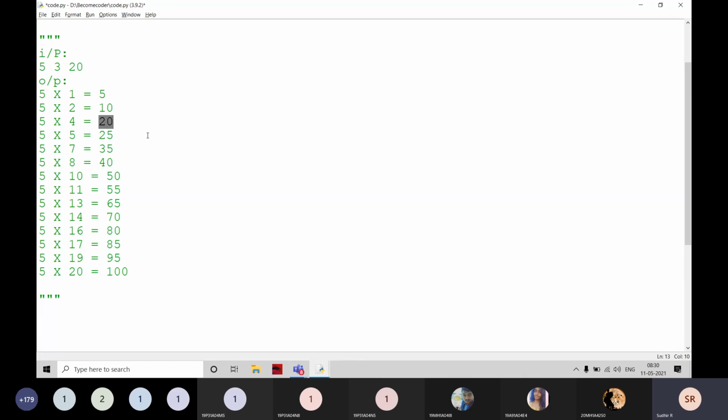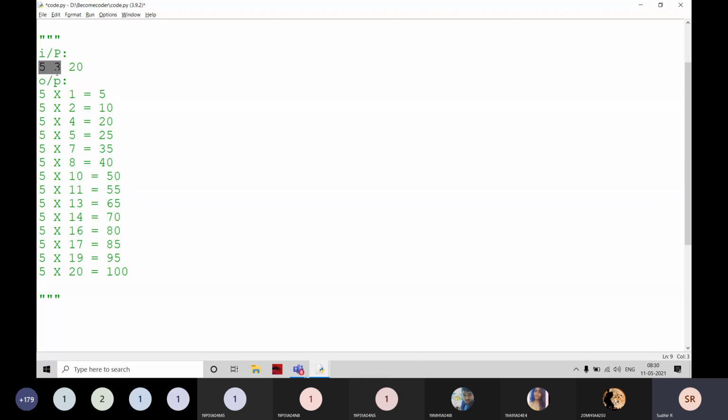Here I always give the question in a long way. If you observe here, n into i is always exactly divisible by 5, right? There is no doubt about that. Just simply we can check whether it is divisible by 3 or not. That is also enough. n into i means it is exactly a multiple of 5 also, because the table is 5. That's why we are going to check here.